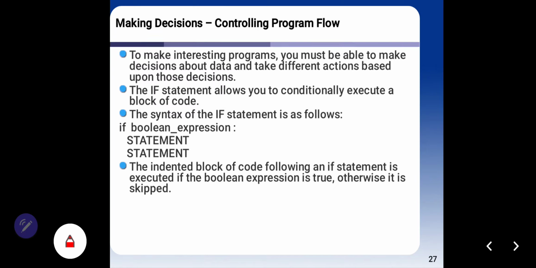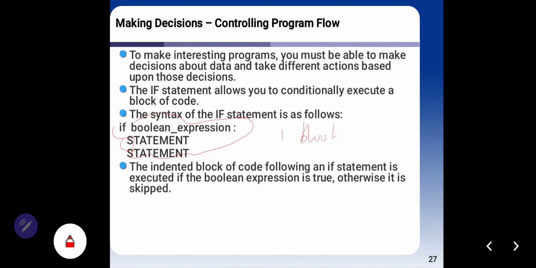The syntax of the if statement is as follows: if boolean_expression colon, statement, and in here you have one block.